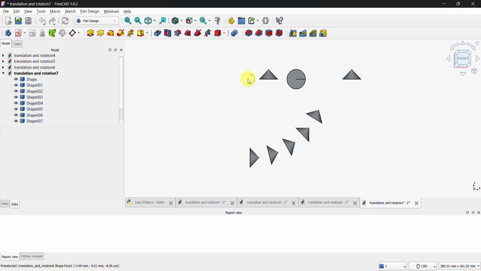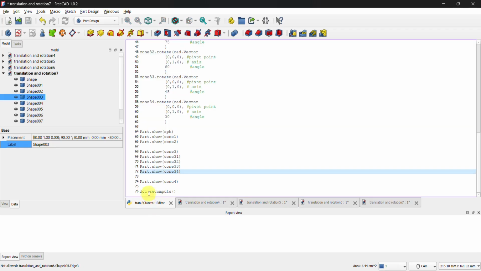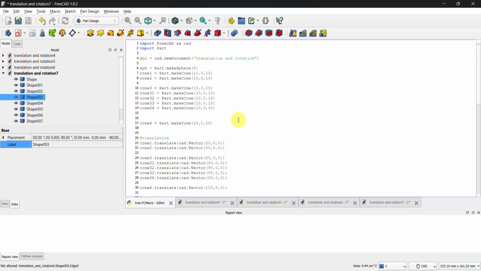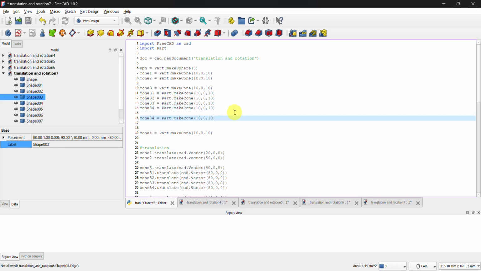Think of it as a pole passing through the origin. The cone is rotating around that pole. But what if we just want to rotate it about its local axis? So instead of 0, 0, 0, we'll change the pivot point to its local origin, and we'll run the code